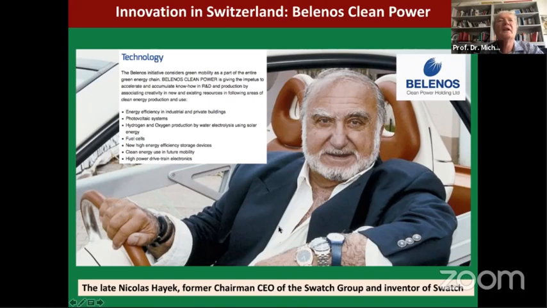But not only that, he was a visionary who had in mind that this watch should be an electric car. Yeah, and today, actually, my brother just bought an electric Swatch car. So his dreams have become reality. But he also had the idea to